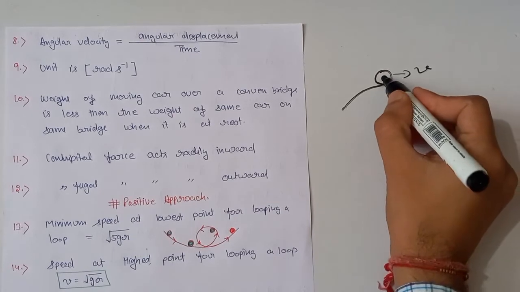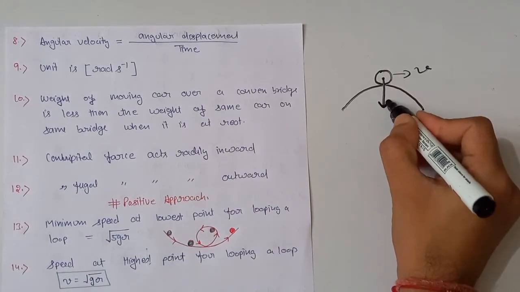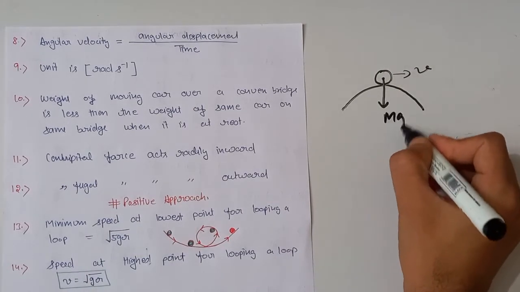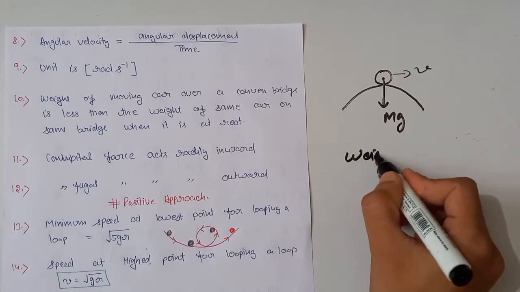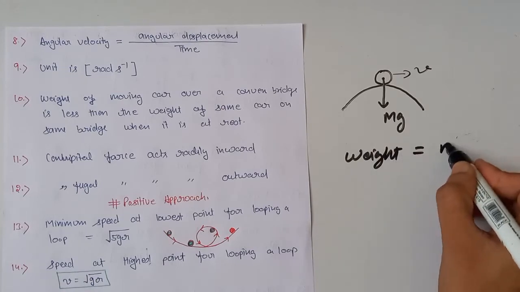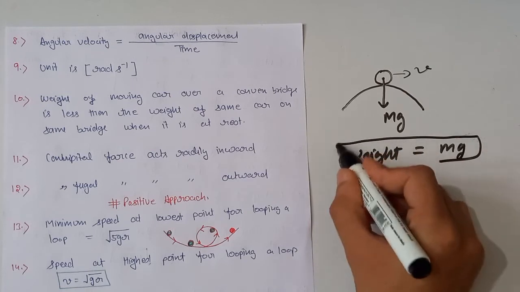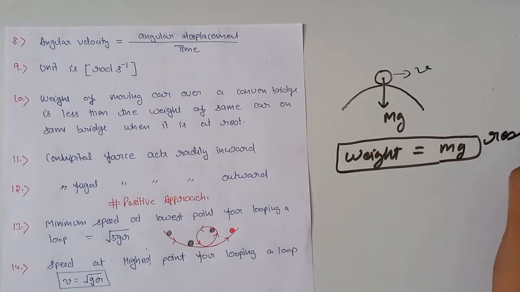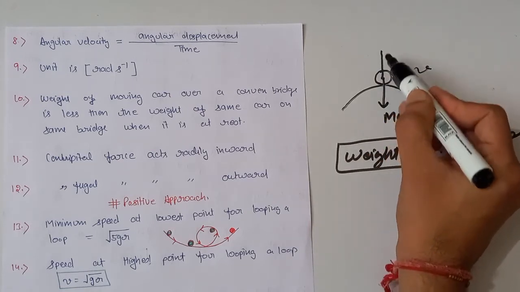Let this be a convex bridge and here is the car, moving with velocity v. If this car is at rest on this bridge, then the weight of the car is equal to mg. And when the car is moving with velocity v,